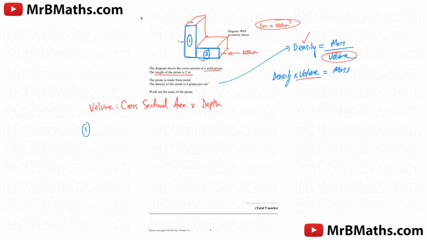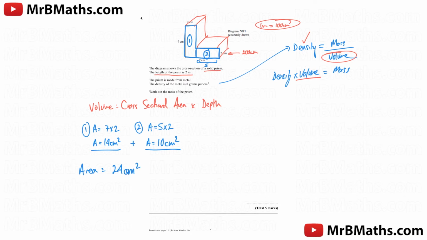Shape 1, well, that's going to be area equals 7 times 2. So area equals 14 centimeters squared. And for shape 2, if this base here is 7, and then we've got the width up here of 2, that's going to make this here 5. So that is then going to be area equals 5 times 2, so area equals 10 centimeters squared. So if I add this and this together, I'm going to get a combined area of 24